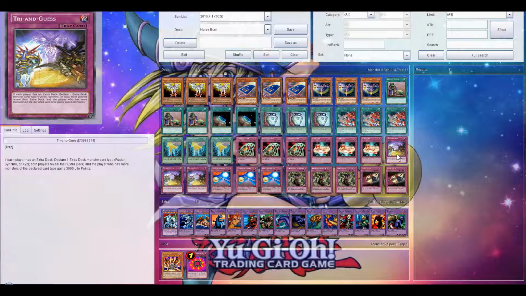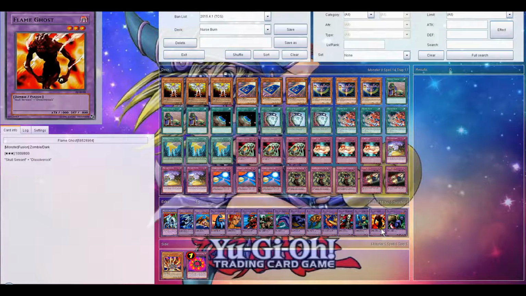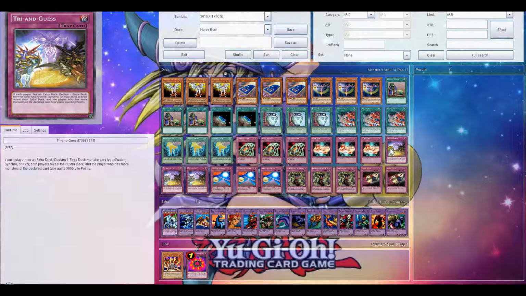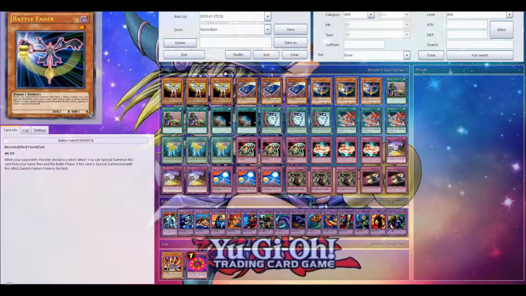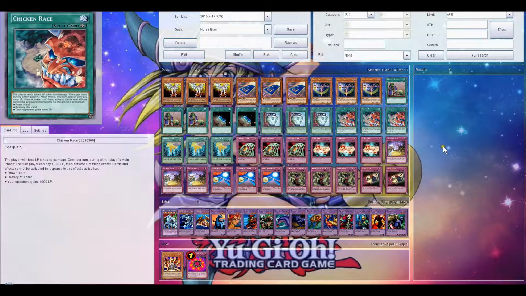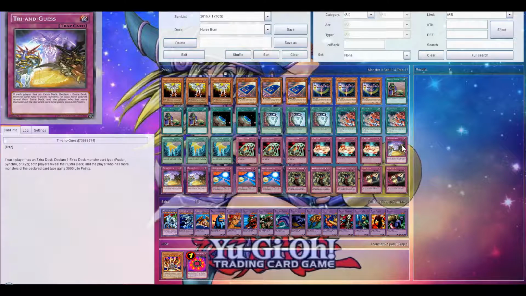Next up is Try and Guess. It's just another playset of Gift Card. Basically, you declare an extra deck type monster, Synchro, Fusion, or Xyz, and whoever's got more gains 3,000. Because we play a bunch of fusions, we can take an emergency action and call fusion so that our life points go up in case we're about to die from a direct battle and we don't have any Battle Faders. Or with Nurse or Bad Reaction, you can burn your opponent for game. And basically, since you have 6 cards, you can do your opponent's full 8,000 life points with just one combo,